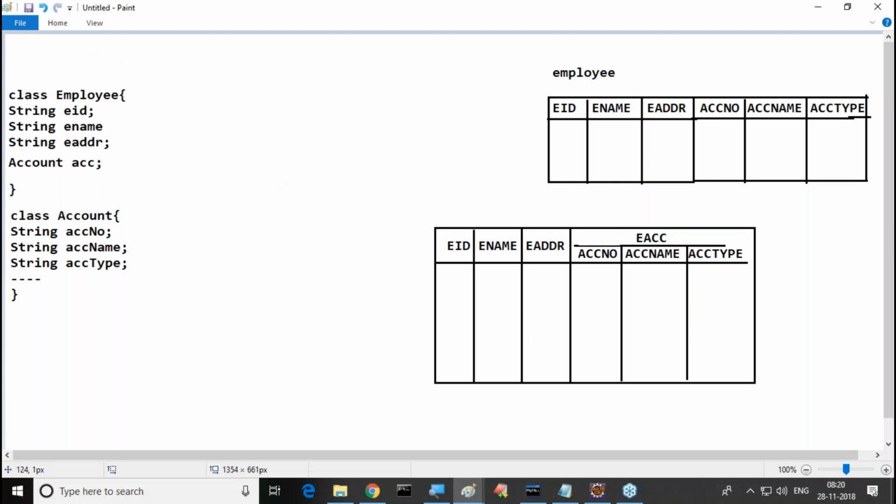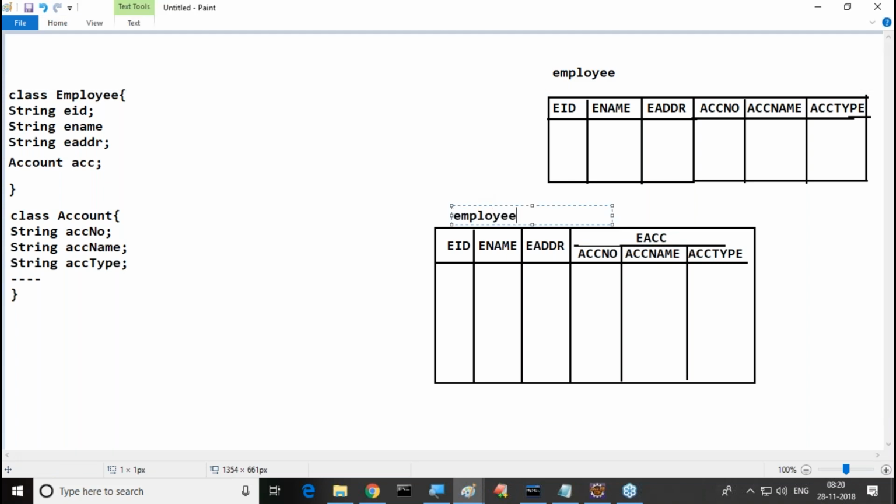That's it. This is exactly the employee table. Like this, we can prepare here also. But